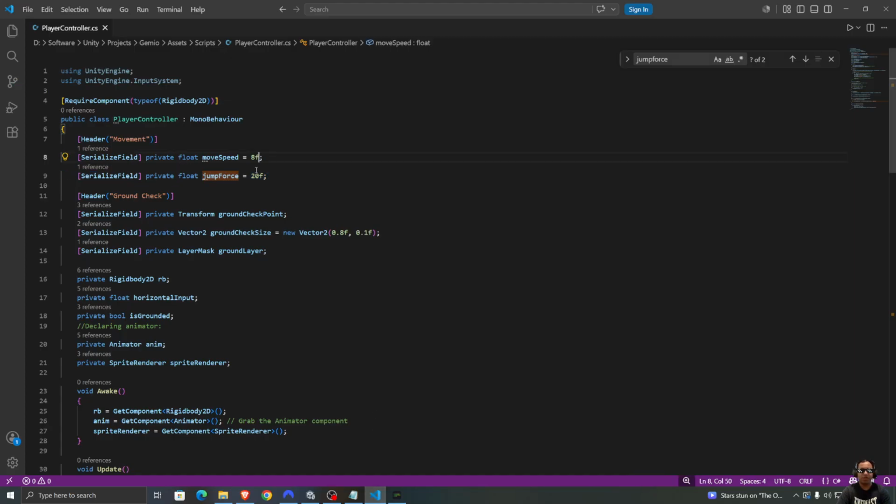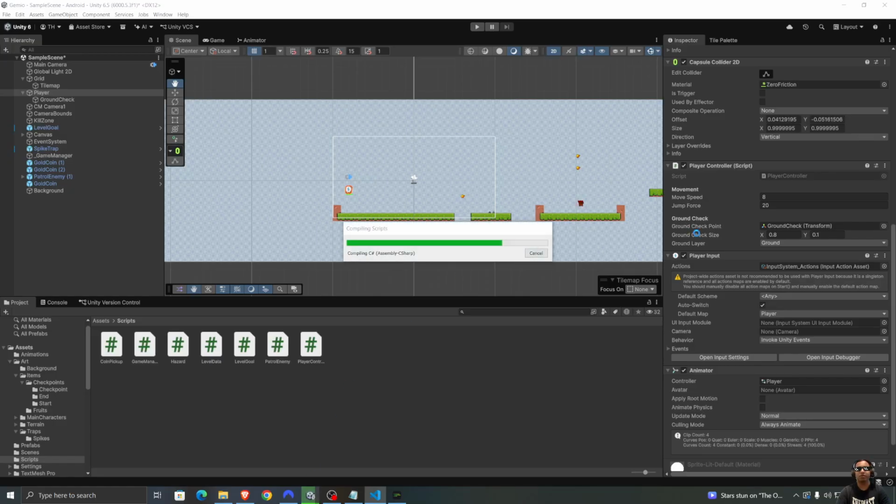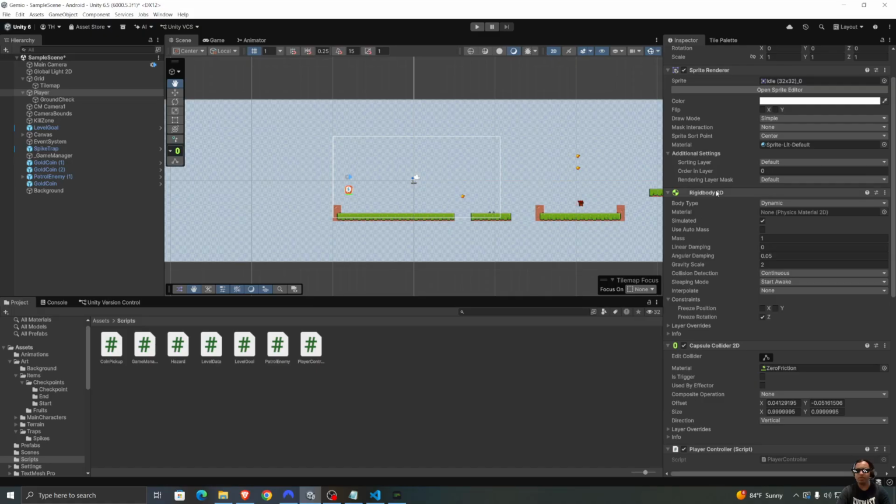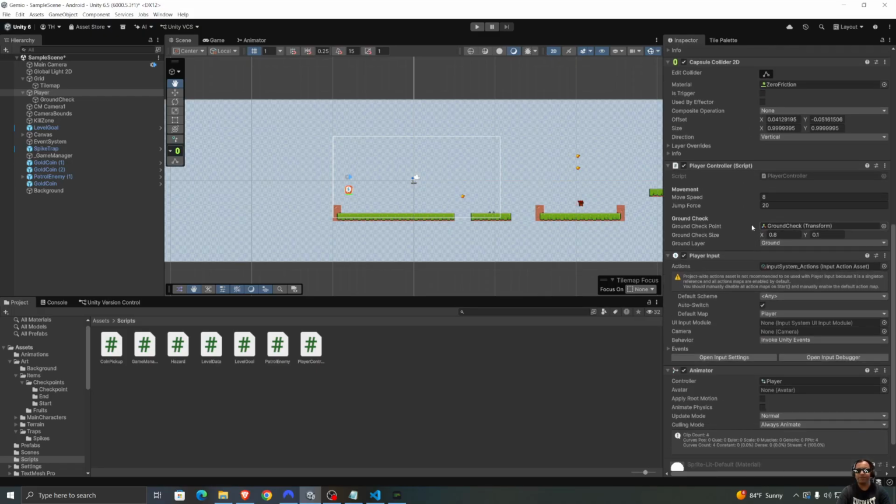And the other thing I want to check is if the script now updates the jump value automatically once we save changes here. So instead of 20, let's go with 12. Save it, go back to Unity. Does the jump force automatically update here? Once it's done compiling, and I don't know how long it's going to take. Okay, looks like it's compiled. No, so maybe I spoke too soon. No, it doesn't. So it looks like if we update the script, jump force does not update here